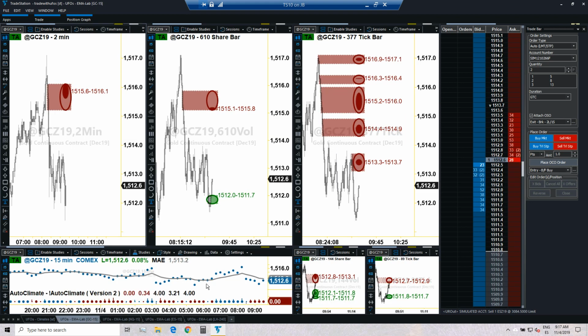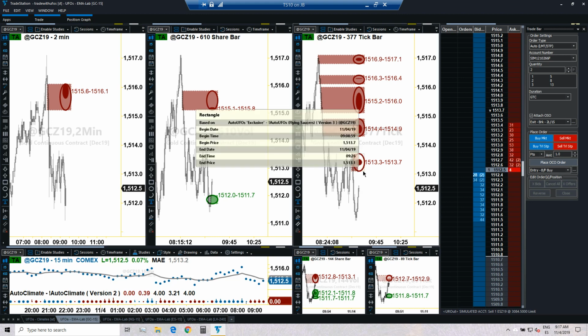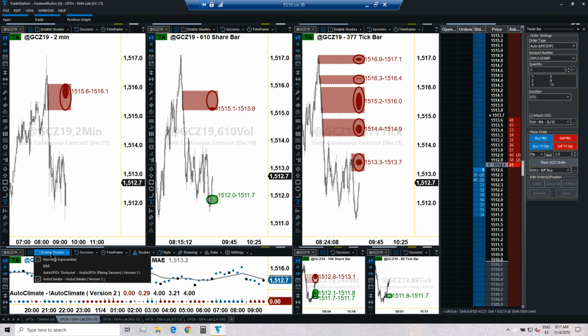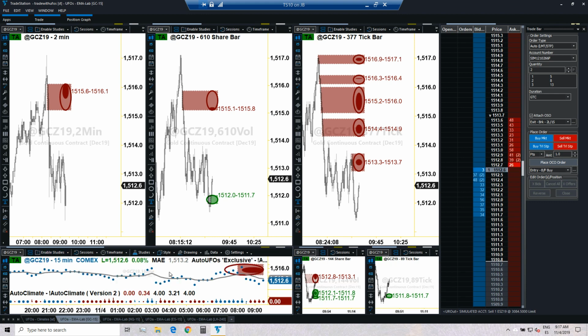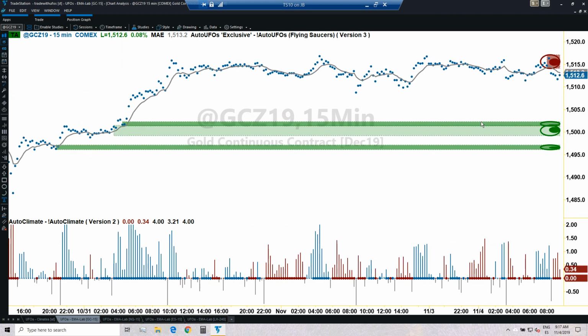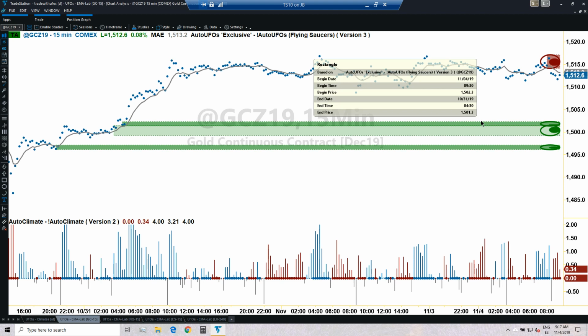Oh, by the way, gold, here we go. So 1513.2, and oh, look at that. We got a UFO now that does match the price, so we do have a UFO now that is valid. We got 4 candles into the climate in a climate of 4. Remember, we always round up, so 3.21 becomes 4. So 4 out of 4 means that it's okay. The next 15 minutes are still okay for us to short using that UFO. So let's plan for a target. The target would be, in this case, located at, so we are dealing with gold.